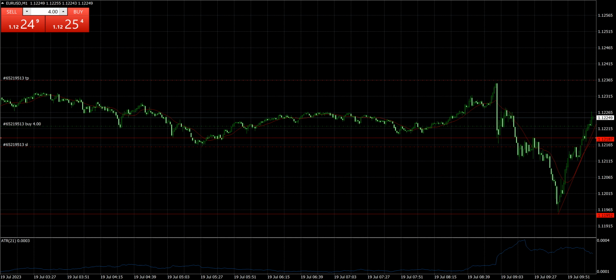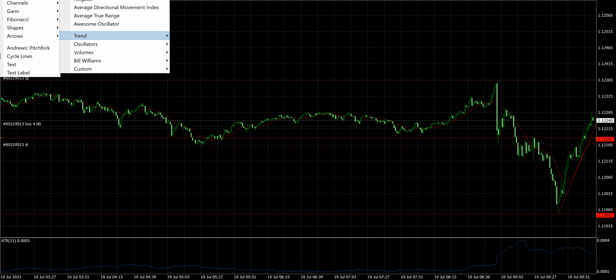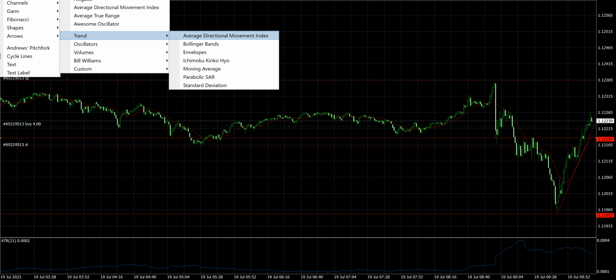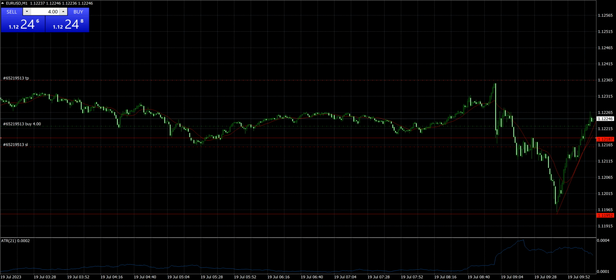I don't know what's going to happen. We are testing some new resistance right here. Actually going to highlight that as well. So let me insert another trend line for y'all. We are pulling back. We have a pullback region right here. It's a little high area I like to see broken. So if we could break these highs, 1.2270 around that, I will be willing to trail my stop loss.